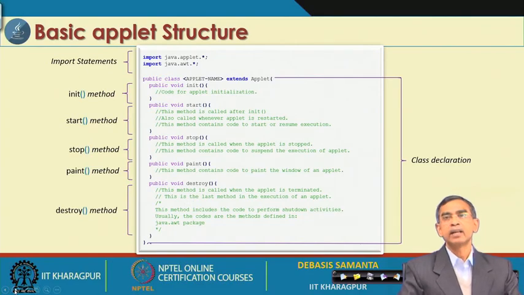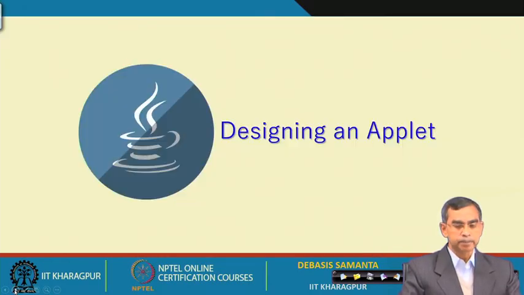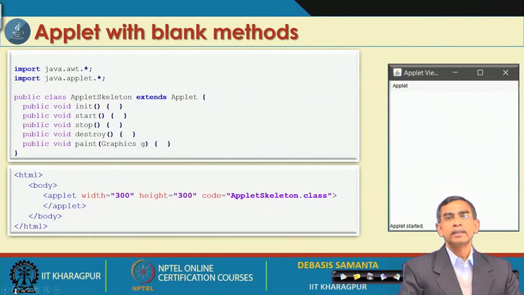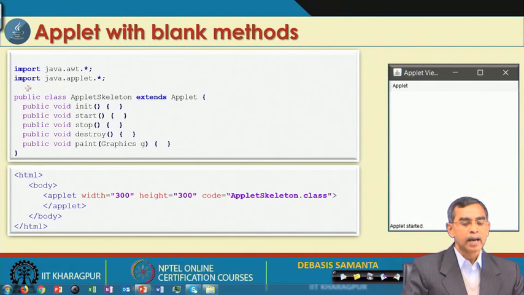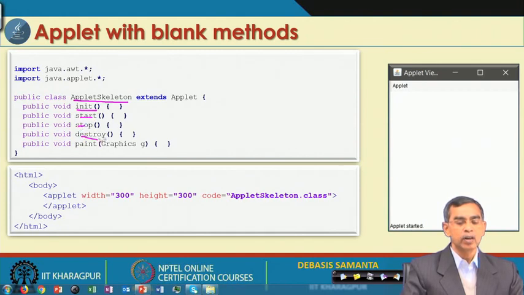Not necessarily all methods are mandatory; they are all optional, and you can use them if you need them. For example, here is an applet skeleton class that we have declared, with init, start, stop and destroy methods overridden, but there is no code, it is a null body. Even if we do not write all these methods, that is also not a problem.